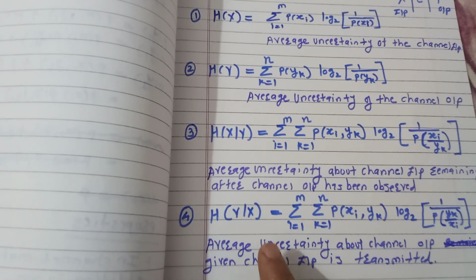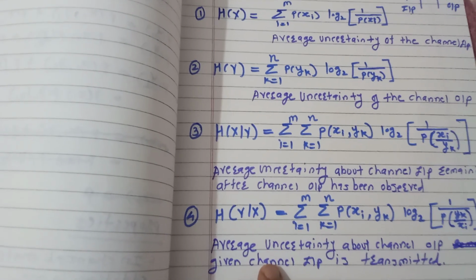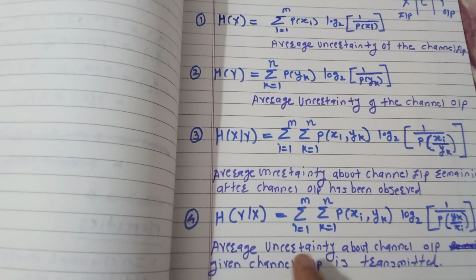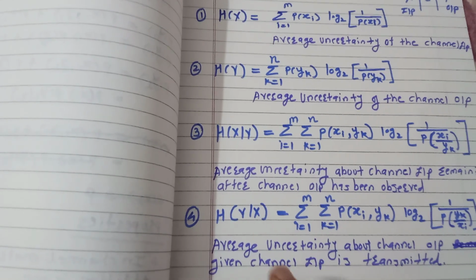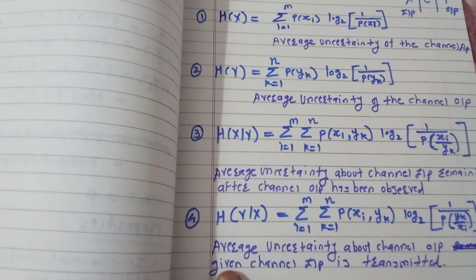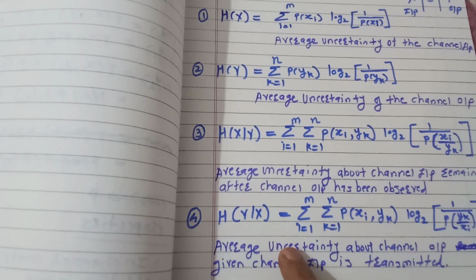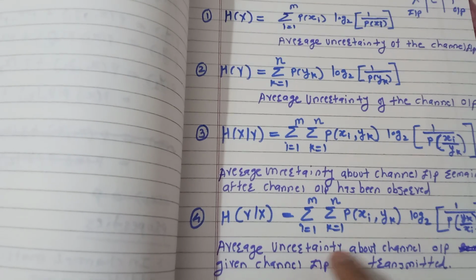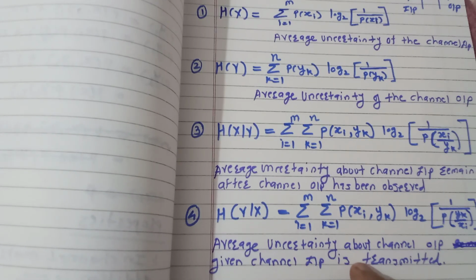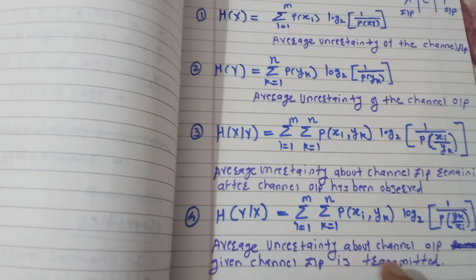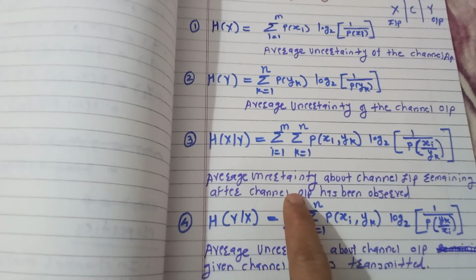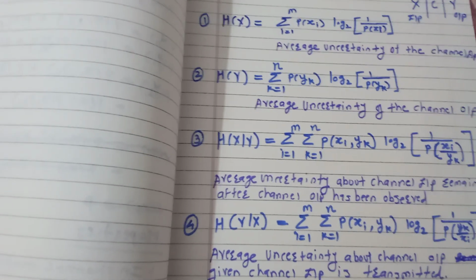I have taught you this topic and you are saying that you understood everything, and if I ask you some question and I find that you don't understand it, although I have taught it, then that is the average uncertainty in your understanding, although I have taught it in my way, as per my level. Okay, so in the first, HX given Y, in the first we can say that